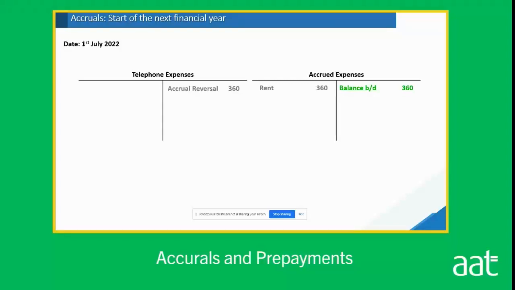Now, for some of you that have gone through the routes of level 1 and level 2, you may be sat there thinking, well, this is an expense account and expenses should be debits. And they absolutely should be. And therefore,